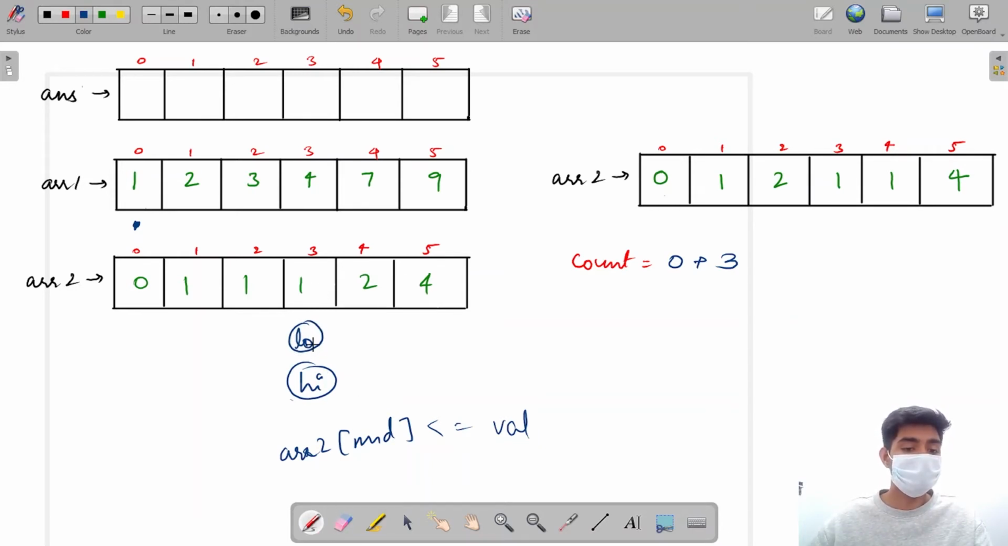Now I'm at this point, low is equal to high. So my mid is also going to be here. 3 is going to be my mid. Now my mid is less than or equal to value. My value was 1 and my mid is also 1, so it is also less than or equal to 1. So I will increase my count from low to mid, and my low and mid are at the same place, so my count is going to be 1. So my total count after this has been done,